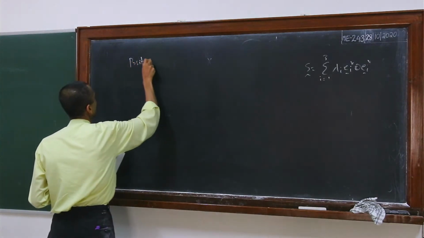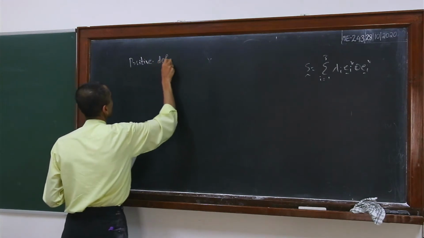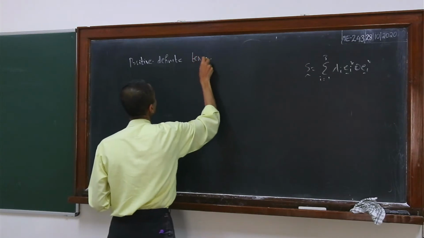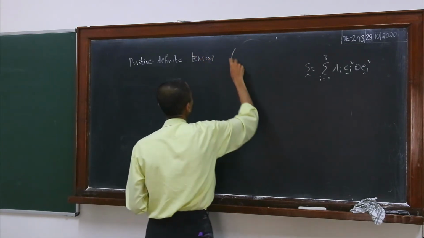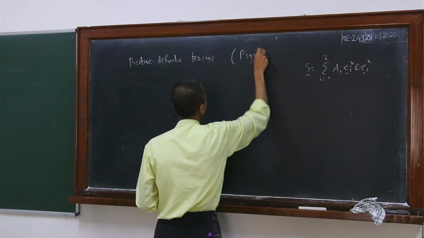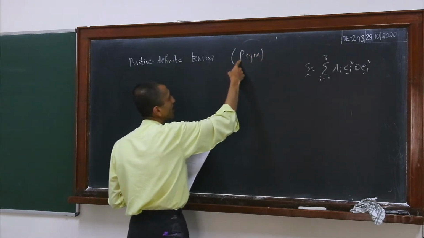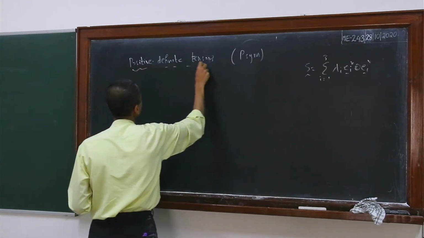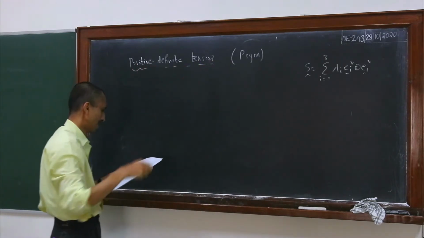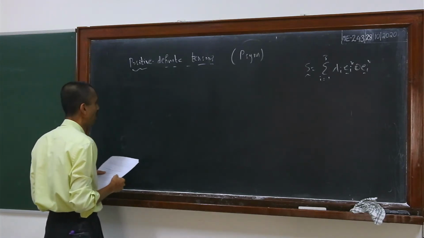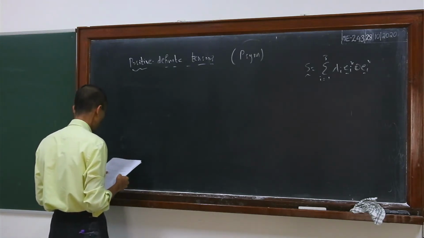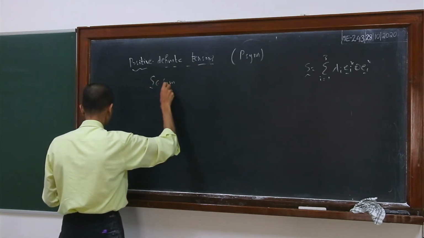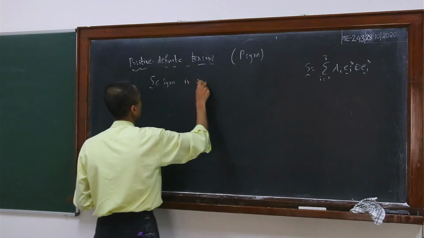Positive definite tensors. So we will denote this set by P-sim. P stands for positive definite and sim of course for symmetric tensors. So let us define what we mean by P-sim. S belonging to sim is said to be positive definite